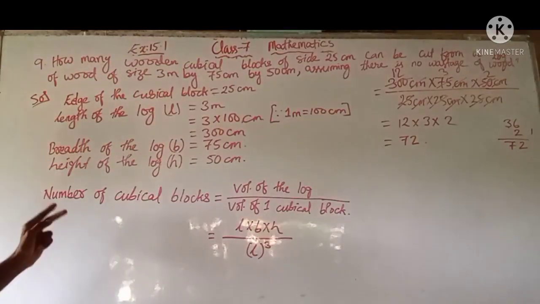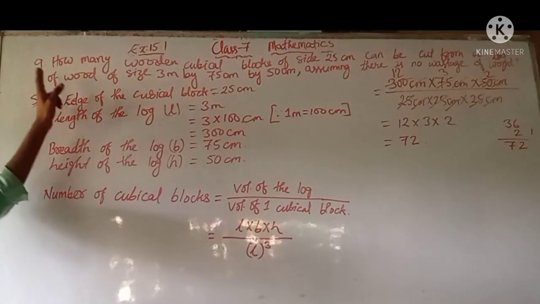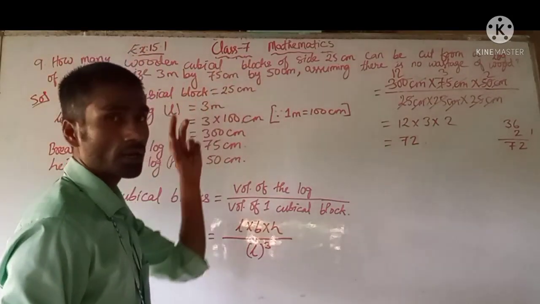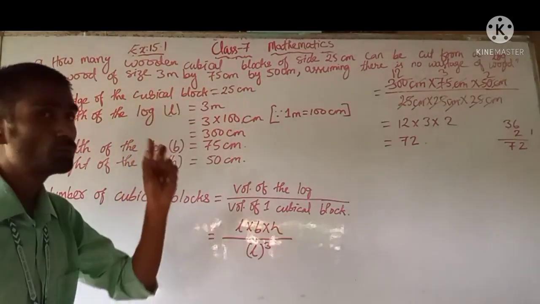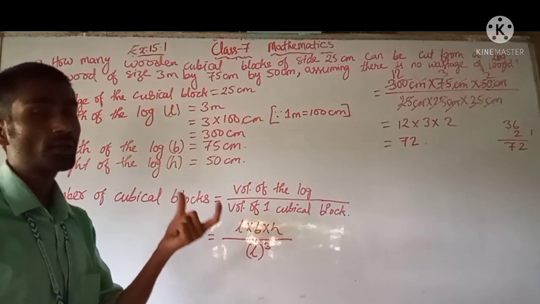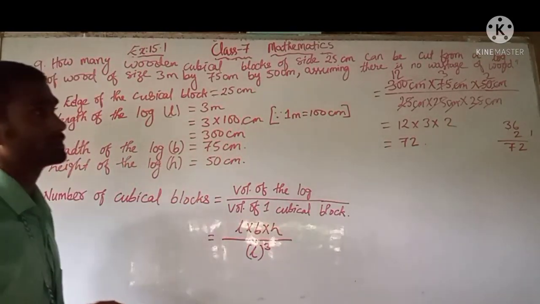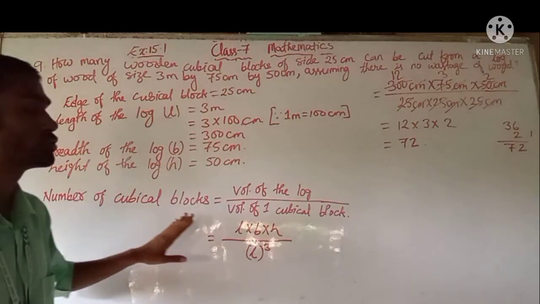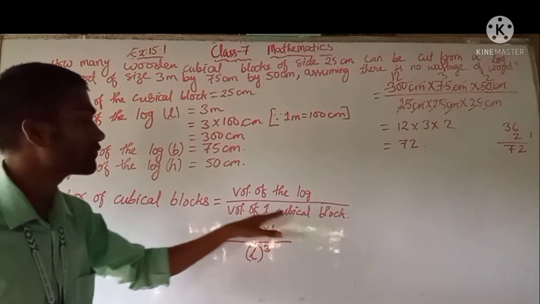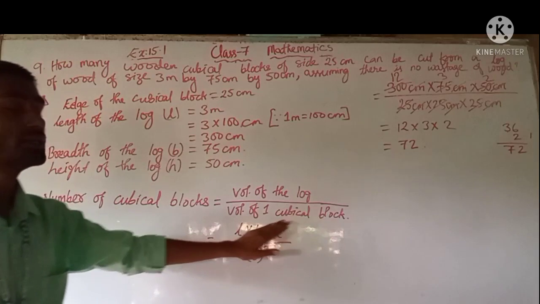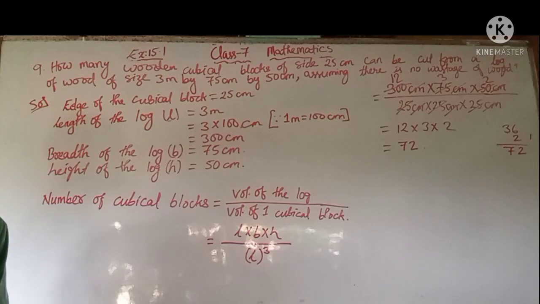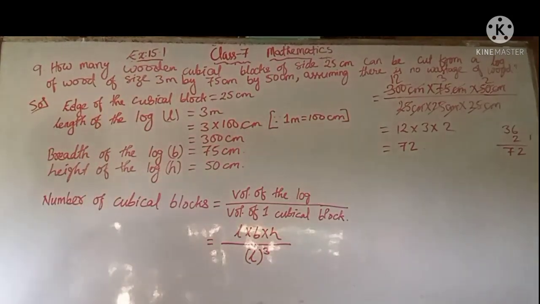Now question number 10, it is similar with this one. There we are given that two cuboidal boxes are there. That is, one is small cubical boxes and the other one is a carton. Now how many of those small cubical blocks can be put in that carton, that is asked. So there also you will have to do the same thing. There is the volume of that carton divided by the volume of that one small box. In this way you can obtain the number of small boxes that can be placed in that carton. So that is the end of this first exercise, that is 15.1.